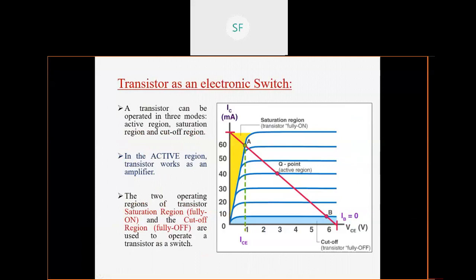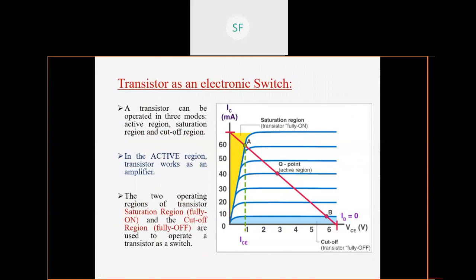So the next topic in your syllabus is transistor as an electronic switch. Until now, whatever we have discussed so far, we have seen the application of transistor as an amplifier. We started from the transistor construction and how it can be used as an amplifier. To amplify, the input will be a weak analog signal, and the output will also be an analog signal, but having high or amplified amplitude.